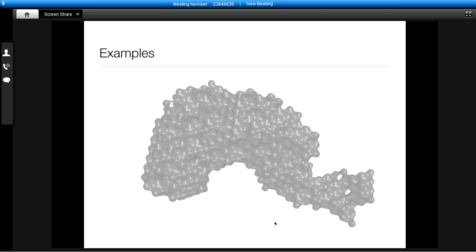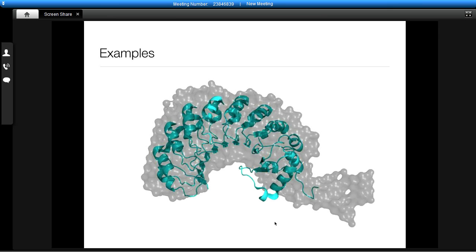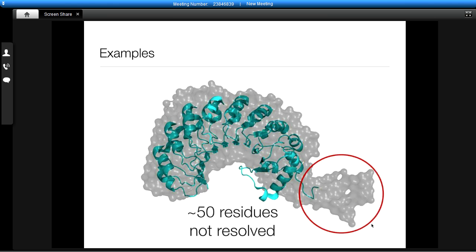This is another example that we had from the structural genomics group. We got the structure after the fact, and additionally, there was a large region of about 50 residues that were not resolved in the electron density, but we actually see them in our SAXS envelope. And so there are certain regions